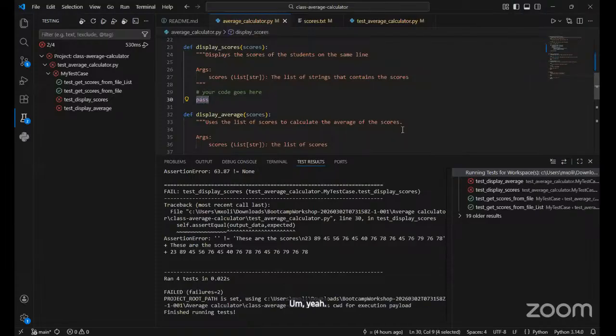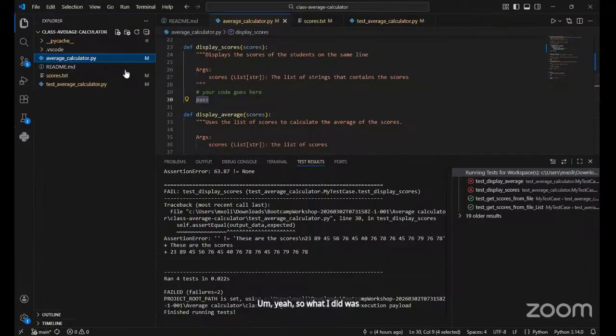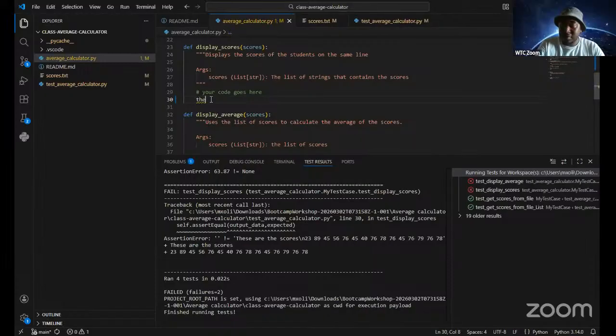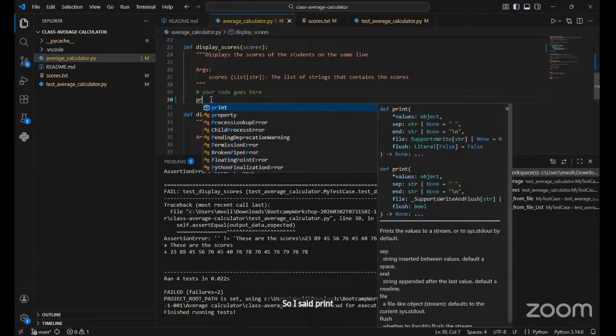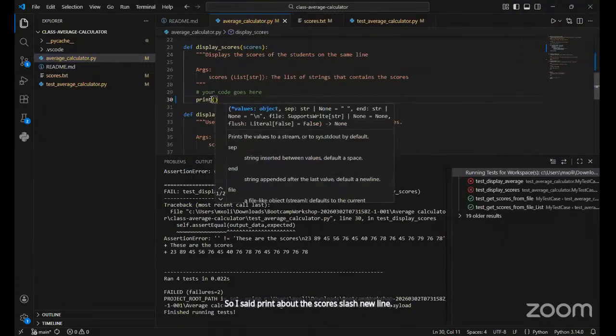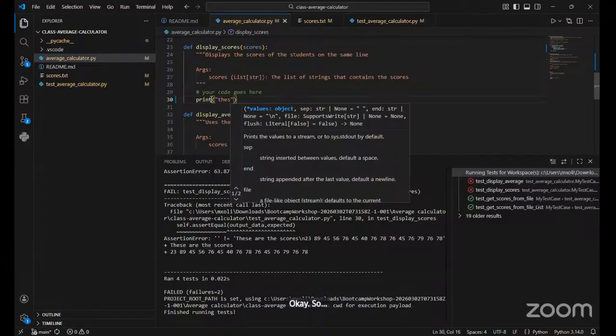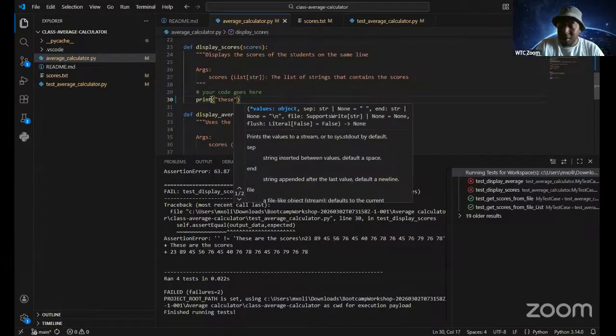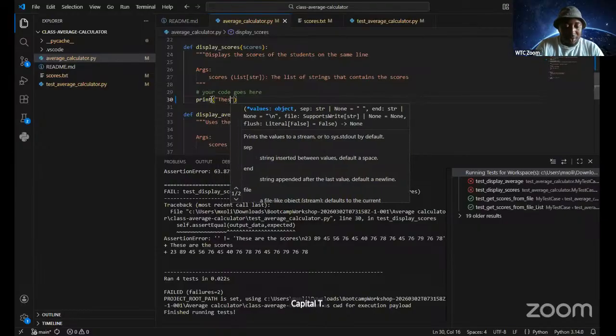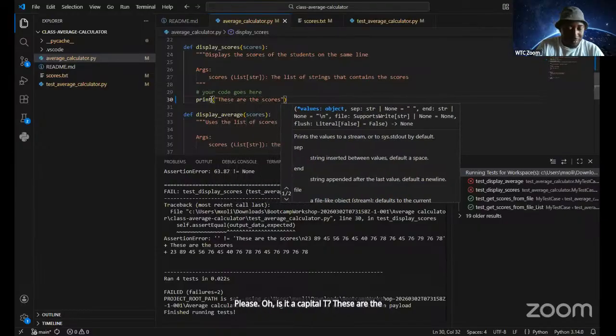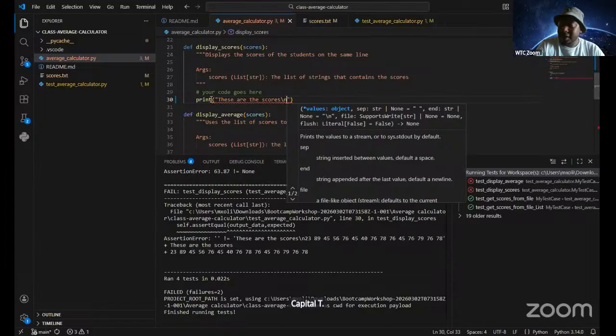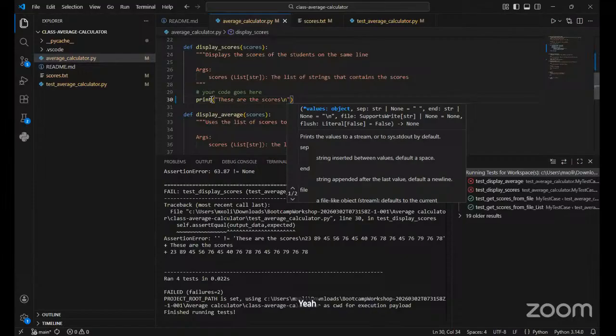Yeah, so what I did was I basically printed the string "These are the scores" with a \n for a new line. Is it a capital T? Yes, capital T. These are the scores, and then a new line character here. Then I said plus, outside of the string, in the same bracket.